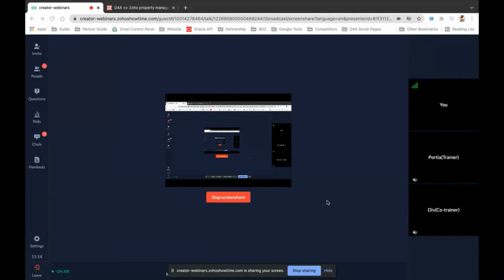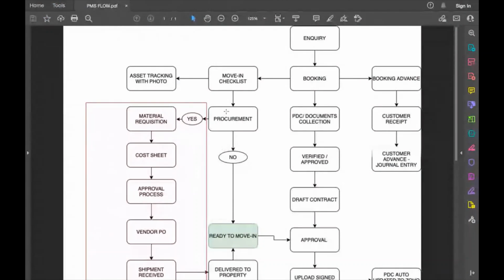Okay. So just to have a quick run through of the process flow that we have developed. I'll give you a quick run through on a flow chart, a slide, of how we generally handle the inquiries. So this is a quick run through of how an inquiry is initiated. If any of you have joined from property management itself, for example, any leasing manager or any contractor, you will be able to clearly understand this process flow.